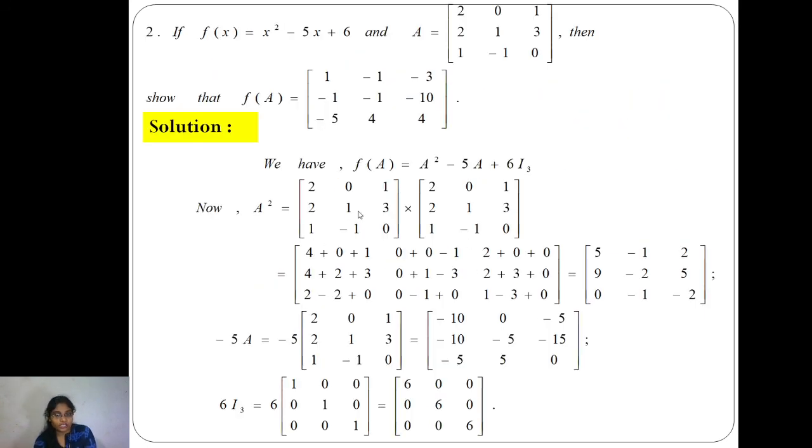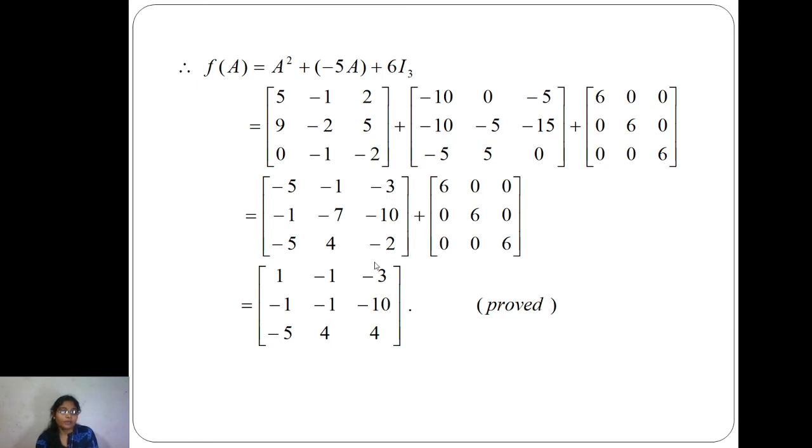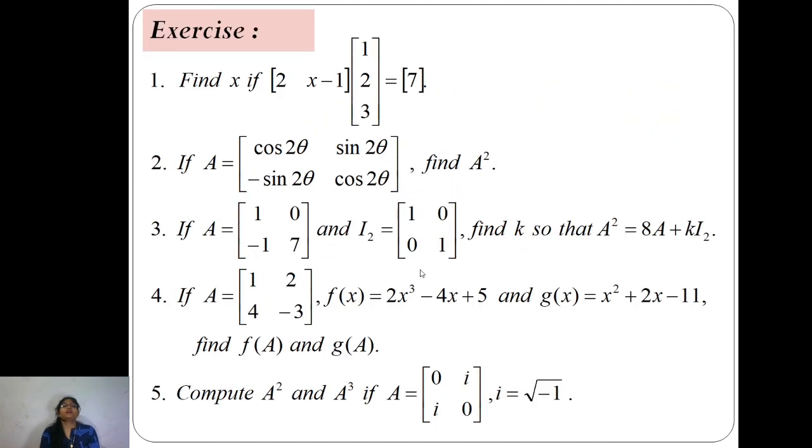ওকে, নেক্সট আমরা এই ইকুয়েশনটাতে বসিয়ে দেবো যে ভ্যালুগুলো পেলাম A স্কোয়ার মাইনাস 5A প্লাস 6I3, এই পার্টগুলো যেগুলো বের করলাম ওইগুলো আমরা পুট করে দেবো। বসিয়ে দিলে আমরা ফাইনাল যেটা পাচ্ছি সেটা হচ্ছে 1 minus 1 minus 3 minus 1 minus 1 minus 10 minus 5 4 4, বিকজ করেসপন্ডিং এলিমেন্ট যোগ চিহ্ন আছে, সাম অ্যাডিশন আছে, করেসপন্ডিং এলিমেন্টগুলোকে যোগ করবে 5 minus 10 plus 6, তো কত হবে সেটা? প্রথমে আমি এটার সাথে এটা যোগ করেছি, তারপর এটা অ্যাজ ইট ইজ যেমন আছে তেমন রাখা আছে, তারপর এর সাথে আবার যোগ করো, দেখবে ইজিলি ভাবে আমরা পেয়ে যাব যেটা প্রমাণ করতে দেওয়া আছে।